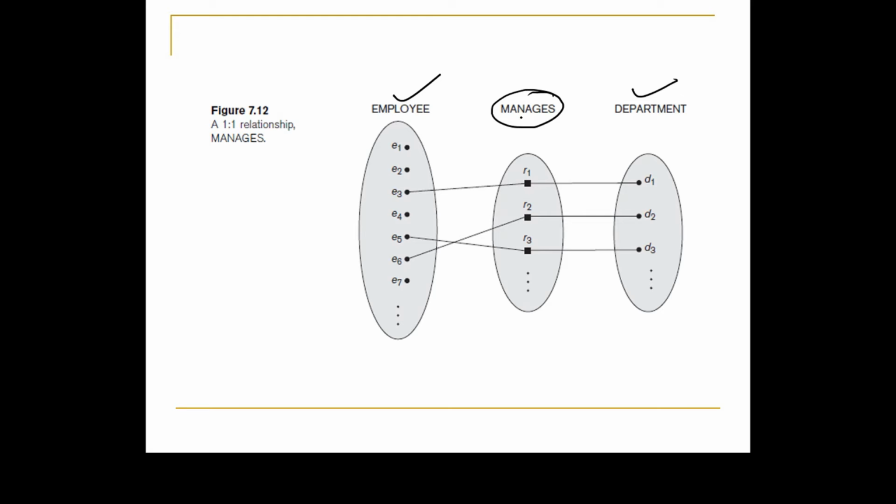So this is a one-to-one relationship. Each employee is related to one department. Not every employee is shown here, but E3, E5 and E6 are related to three departments individually. So this is a one-to-one relationship. Okay. And then finally we have